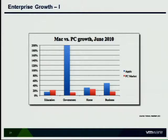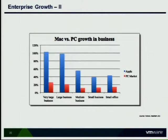We actually weren't that surprised because we've been seeing this kind of trending over time. The number was surprisingly large, certainly, but in terms of trends, this is stuff that we've been seeing. The other thing that's interesting is the Mac's growth in business was 3 times higher than the market average. Again, we're seeing more and more Macs move into the enterprise, and